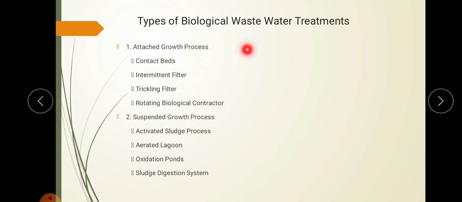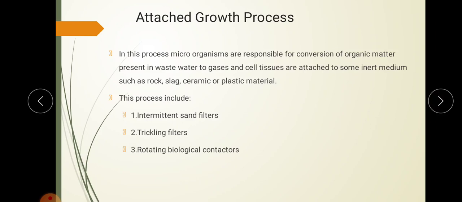And attached growth, examples for this attached growth process are contact bed, intermediate filter, trickling filter and rotating biological contactor. And examples for suspended growth process are activated sludge process, aerated lagoons, oxidation pond and sludge digestion system. And in the attached growth process, the microorganisms are responsible for conversion of organic matter present in water, wastewater, to